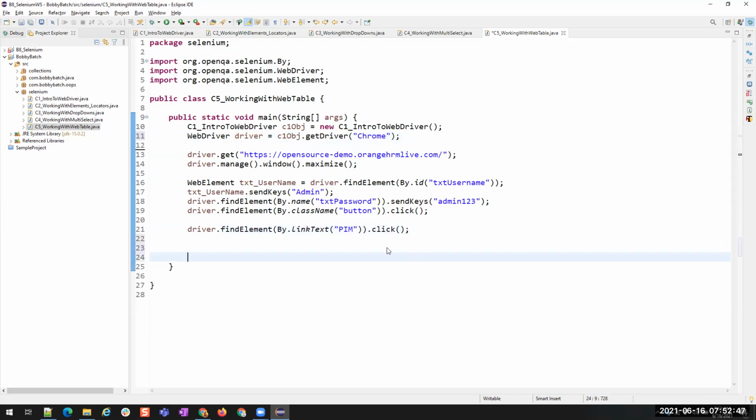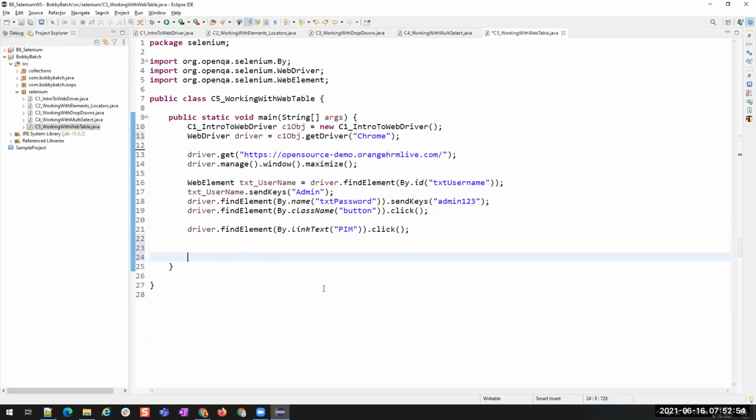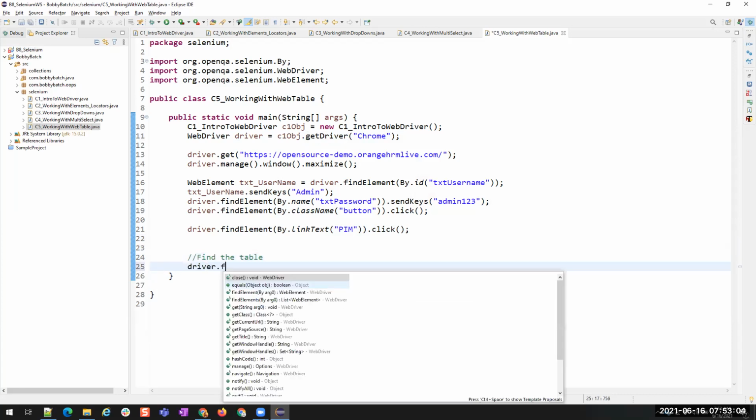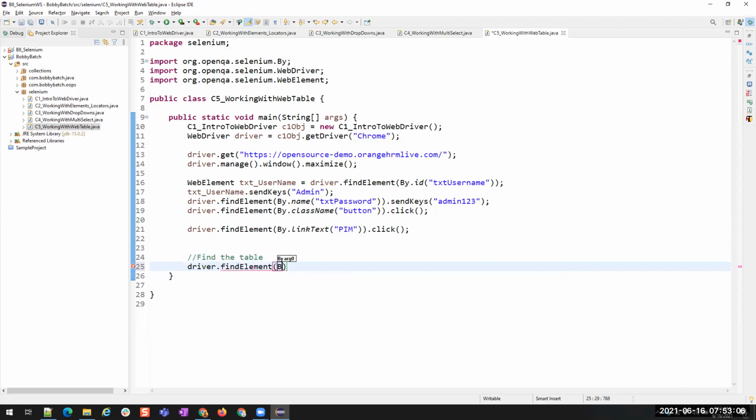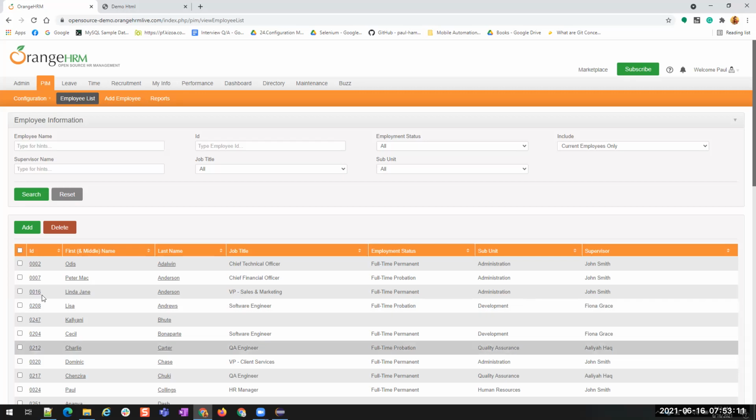Here in this page only we have the web table, right? Now we have to work with the web table. So first step, what is the first step? Find the table, right? Now let's find the table. Driver dot find element by dot. I don't know what are the attributes or what are the tags we have for this.